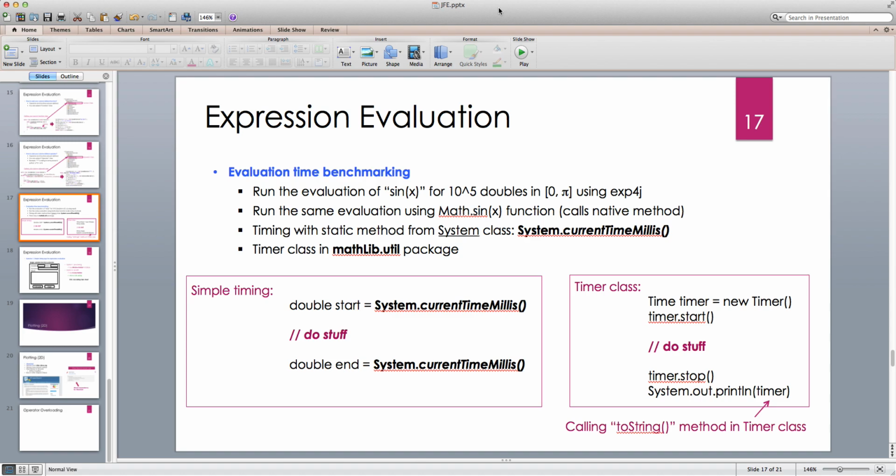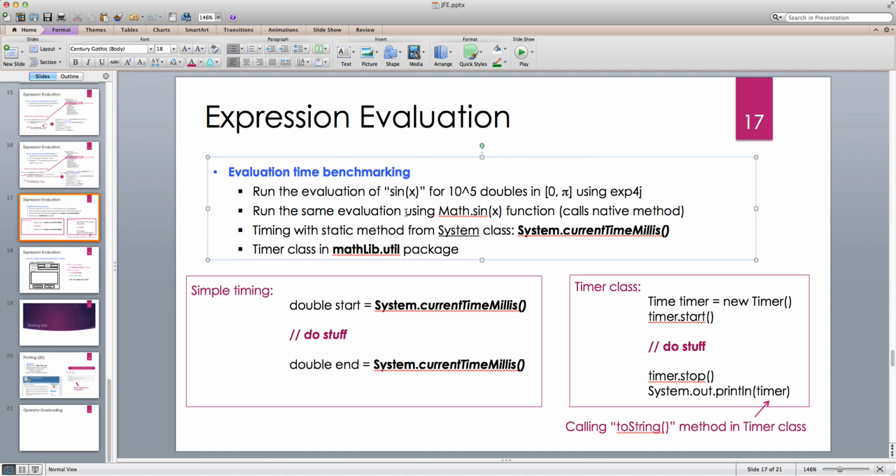In this video I am going to show you how to do a simple timing benchmarking on the expression evaluation package, or the project that we were using for our expression evaluation purposes. And if you recall, we were using the exp4j Java library to do the evaluation, and the way it worked was that you define a function as a string and pass it to an expression builder, and it tokenizes that, and then you set the values of the variables, and then it finally evaluates the expression and returns the numeric value